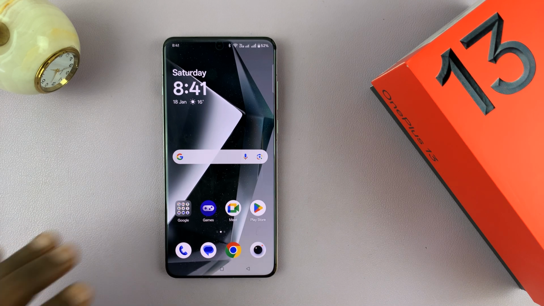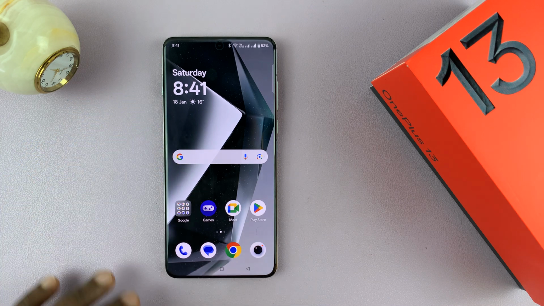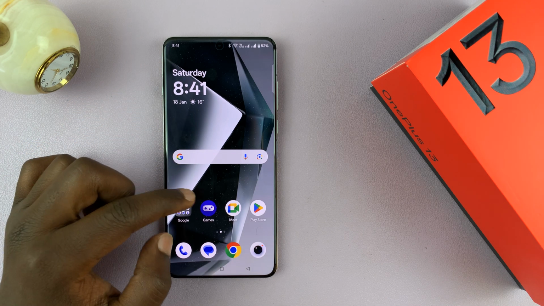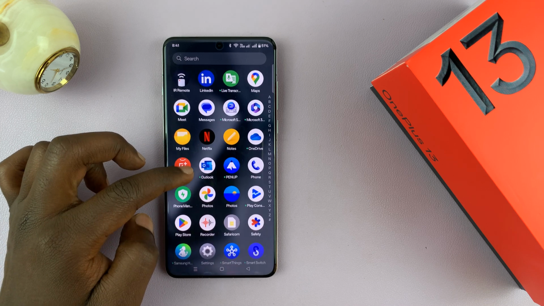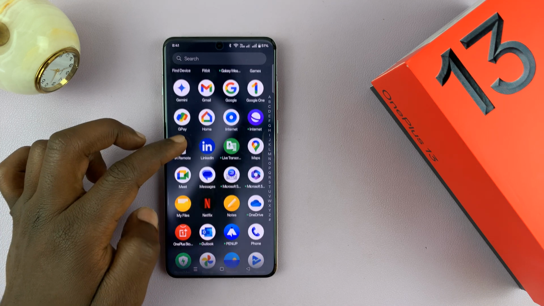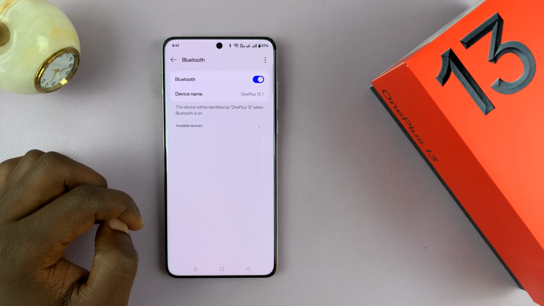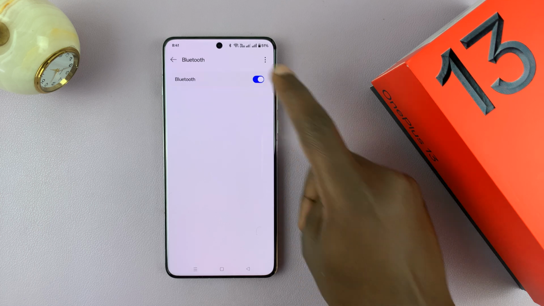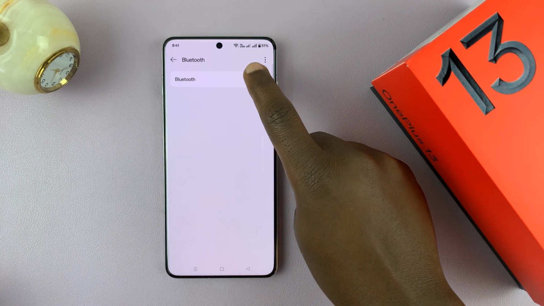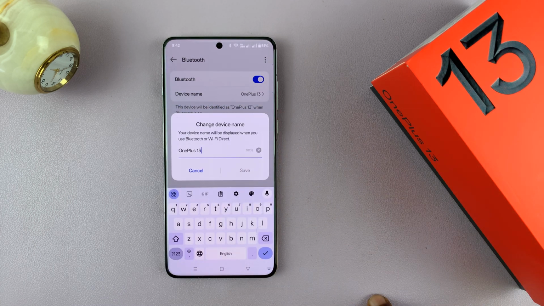I have the OnePlus 13 and I'll be showing you how to change the Bluetooth name of your phone. So by default, your phone's name is the Bluetooth name, but to change it, you need to go to the Bluetooth settings. So you can go into settings, go to Bluetooth, and then under Bluetooth, of course with Bluetooth on, because if it's off, you cannot change it. Bluetooth has to be on, and then now you can tap on device name, and then you can change it